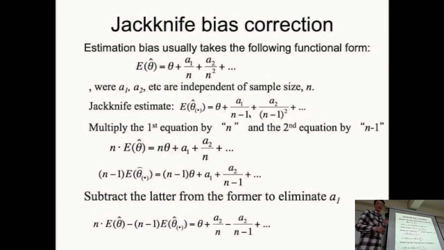Let me explain a little bit on the jackknife bias correction. For the estimation of some theta, we can assume it follows some kind of Taylor expansion. Because the sample size is n, the Taylor expansion looks like this. If you do the jackknife estimates, then because jackknife has sample size n minus 1, the approximation following Taylor expansion looks like this. And if we try to solve with these two formulas, you multiply the first equation by n and the second equation by n minus 1 and so on, you can get that. Subtract, and you get this. And because this becomes an alternating term,